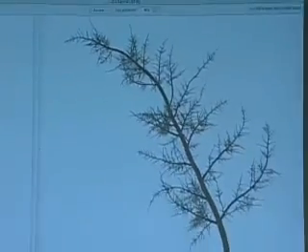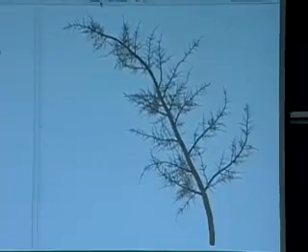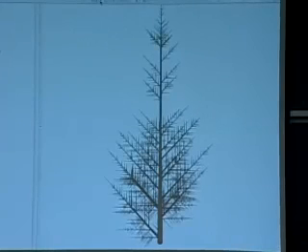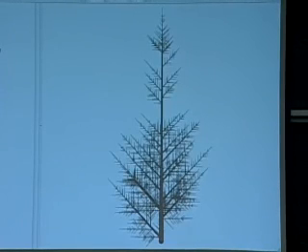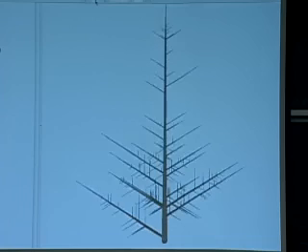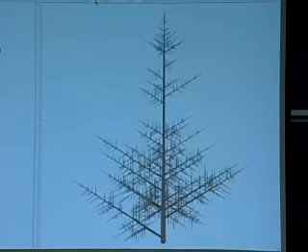Oh, yes. So it looks crazy, doesn't it? If I take out that rotate, it's all very regular. It's sort of a regular structure. And we can change the angle, maybe 60 degrees, or 90 even.